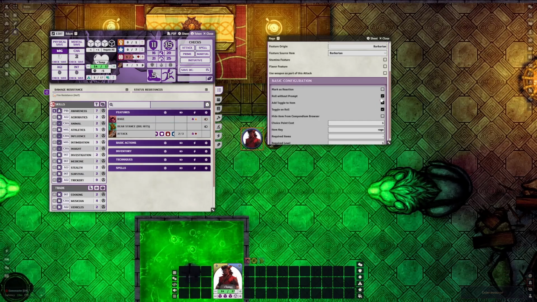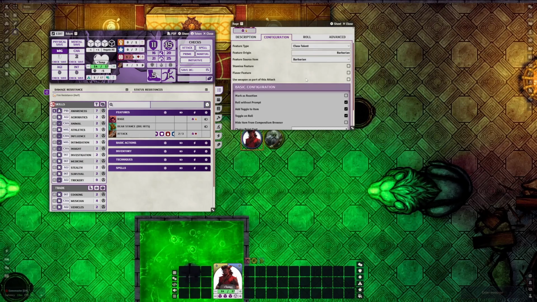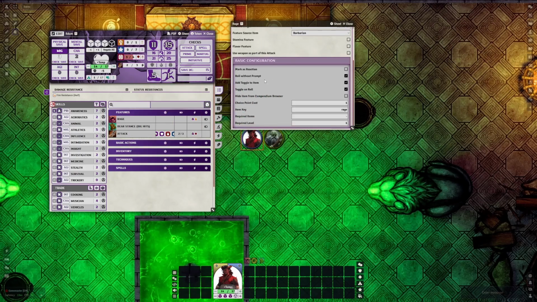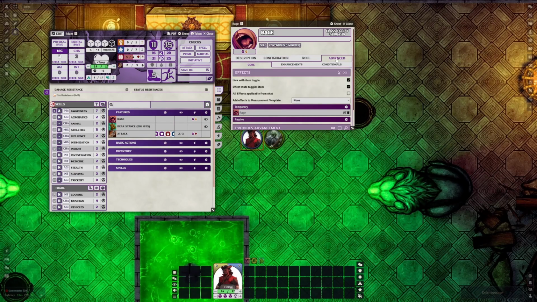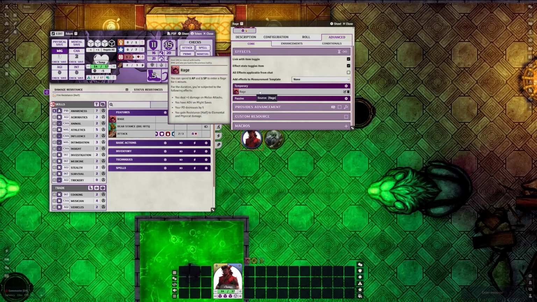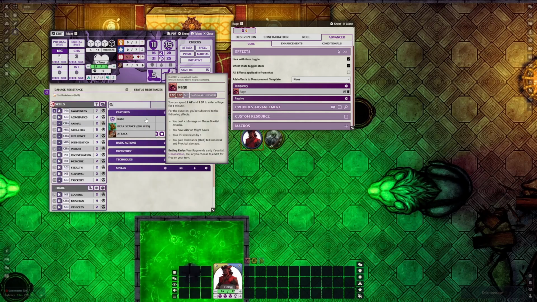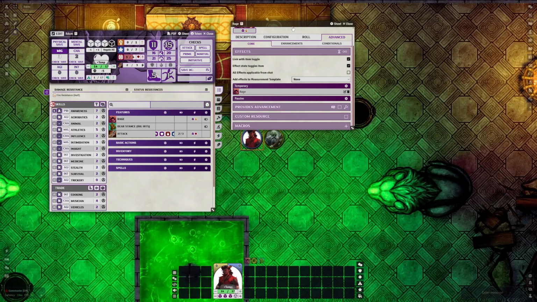Okay, so now when we have this toggle, we can do a few things with that. So first, we can link effects with that toggle. So when our item has effects, like rage over here, that change our stats, then we can add this toggle so the player can just activate it and doesn't have to go to the effects tab and click on that effect and all that stuff. So first thing, we can configure it in the way